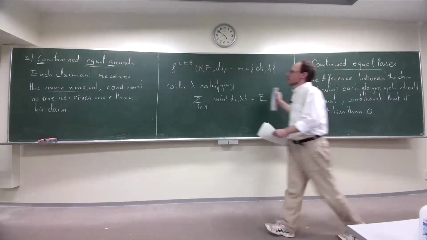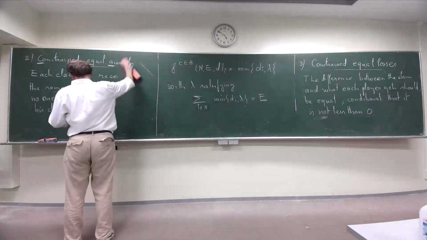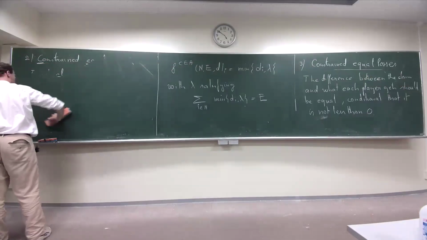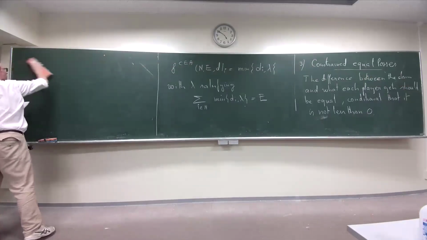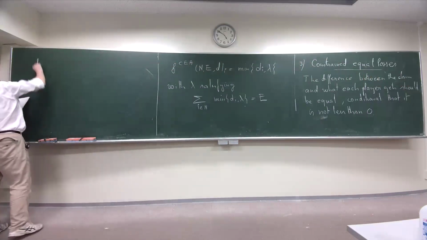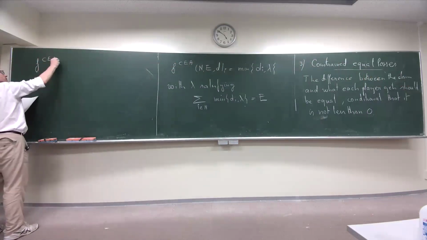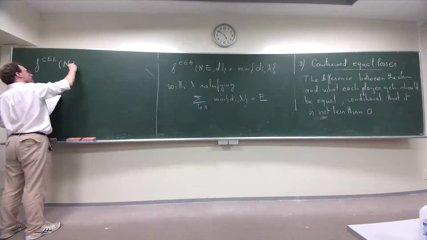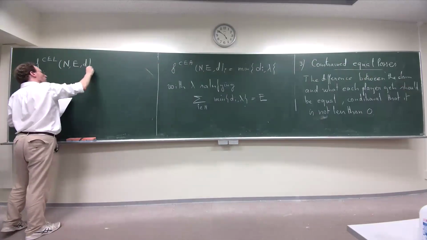So how to encode this in one function, which is not so different? It's the same idea as the other one. So f CEL of n, d, for player i